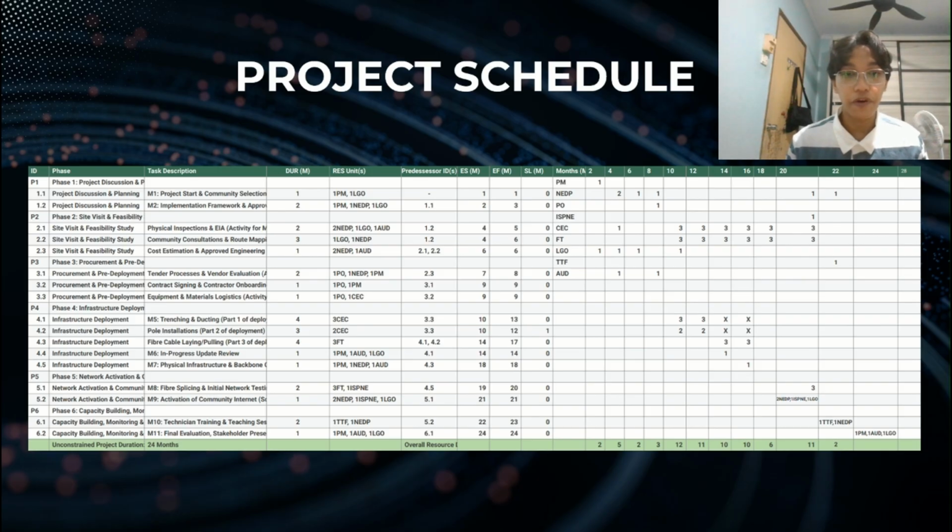While we initially planned for 24 months, our realistic resource constraint schedule extends the project duration to 28 months. This extension occurs because activities that could ideally run in parallel, like trenching and pole installation and phase swap, now become sequential to share limited teams. All in all, this part highlights how crucial effective resource allocation and scheduling are in ensuring a project's success.